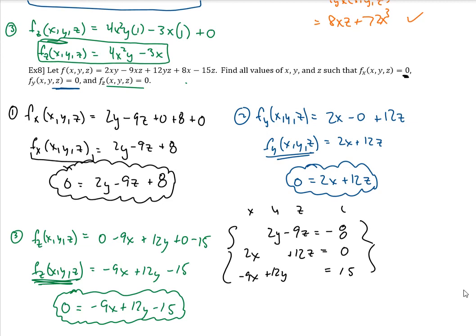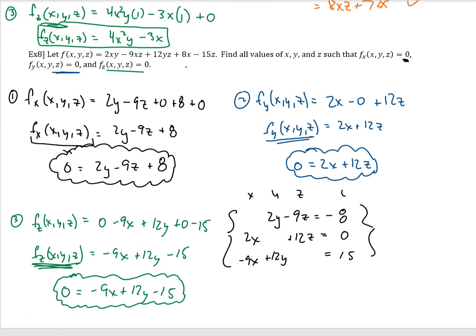And then typically we use a calculator to solve this in the form of a matrix. So this becomes 0, 2, negative 9, negative 8, and then 2, 0, 12, 0, and then negative 9, 12, 0, 15. All right, and so this is our matrix. So I'm going to use